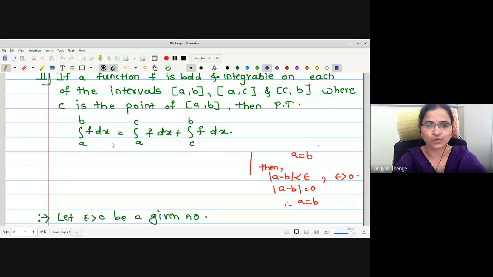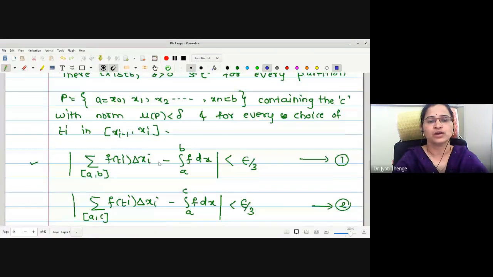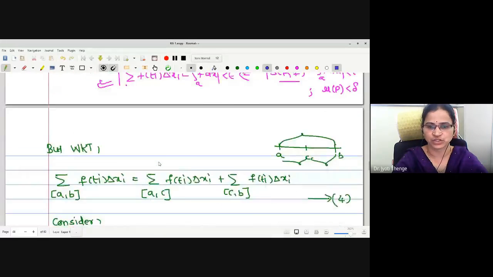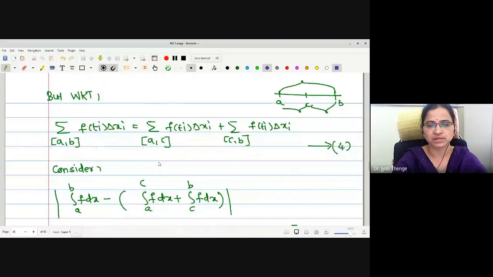To prove this equality statement, we are going to use the mathematical analysis part. We want to prove that the modulus of the difference of the left side and right side is less than epsilon, and to do so we have made use of the Riemann sum definition, and also we have stated that the Riemann sum on the closed interval [a,b] is equal to